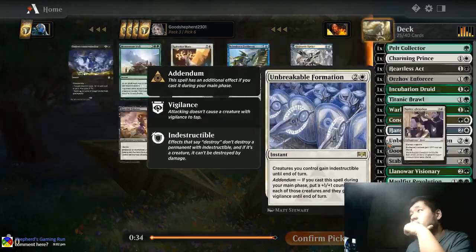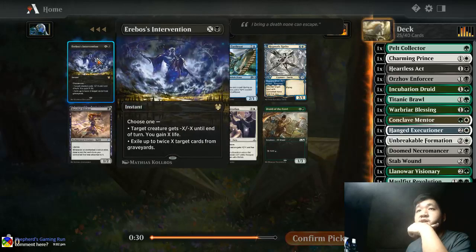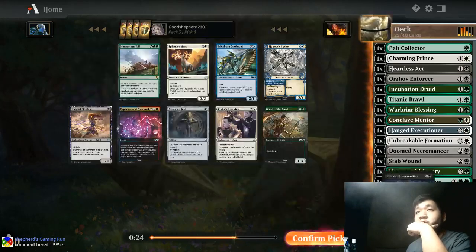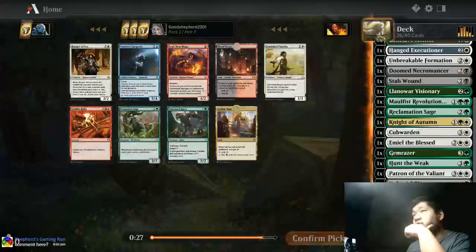Also, Roar of the Wurm. There's Momentous Fall, Erebos's Intervention. Yeah, we kind of need to take this. We need some more removal. Momentous Fall is great, but our creatures are not that big. So we probably want to consider...